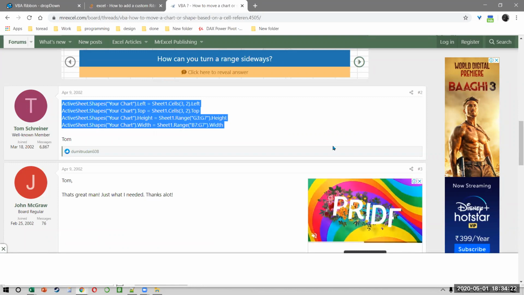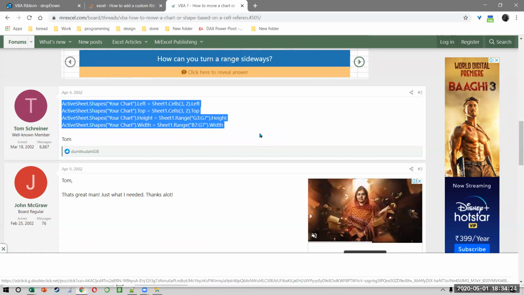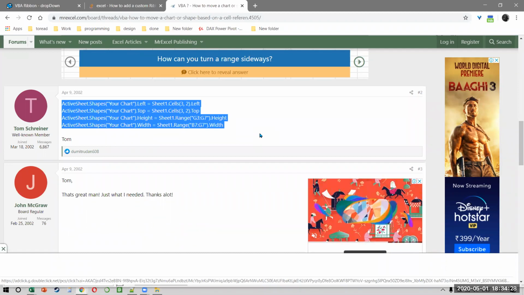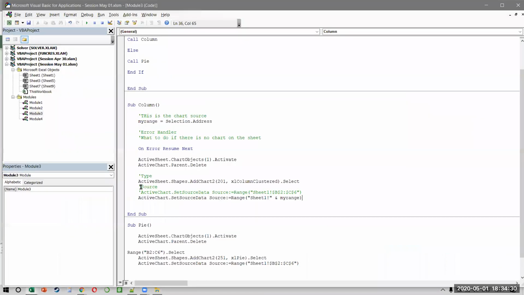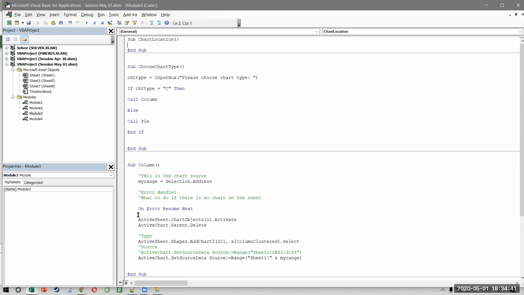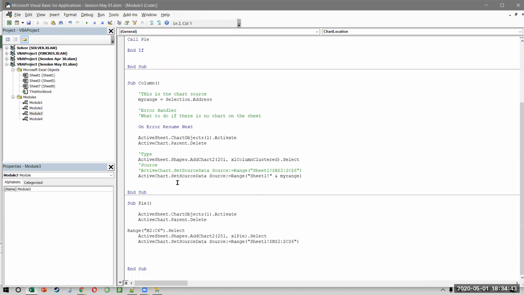So I'm just going to copy this. Control C, come back, and then put it at the top so that you can understand this. This is sub chart location. And since we're doing it, I will also make this change for the pie chart so that everything is uniform.